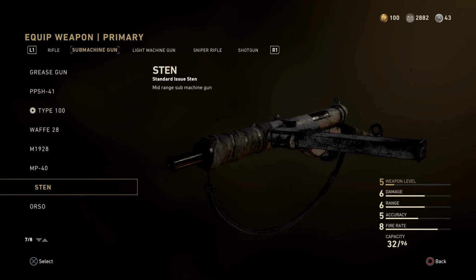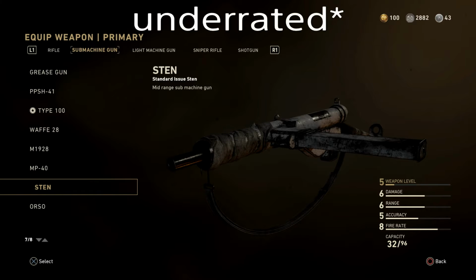Okay, so coming in at the number 4 spot, we have the Sten SMG. The Sten SMG came out with the Winter Siege update, and at first this was the only gun you would see whenever you jumped into a match of Carentan. You would only see the Sten, just people running around with that. However, it did quickly die off,